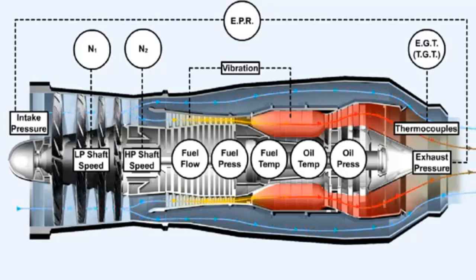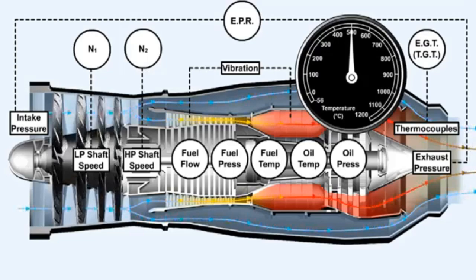The following temperatures are monitored on gas turbine engines: engine air inlet temperature, exhaust gas temperature, engine oil temperature, and internal air systems temperature. The temperatures monitored may range from minus 56 degrees Celsius to plus 1200 degrees Celsius. Different sensors are used depending on the temperature range to be monitored. There are four major types of temperature measuring device. They are